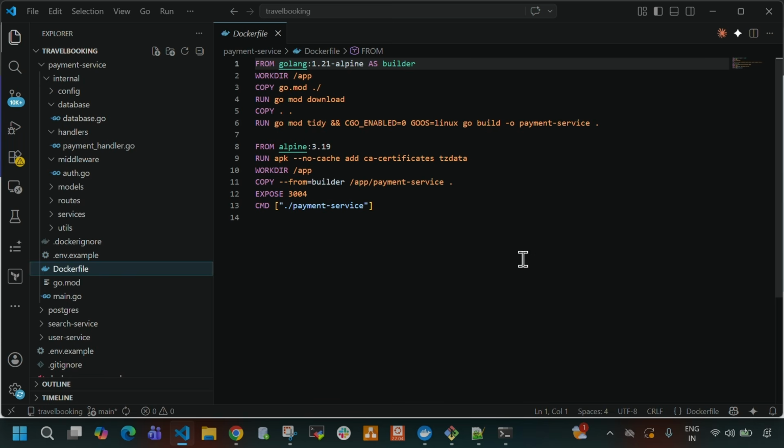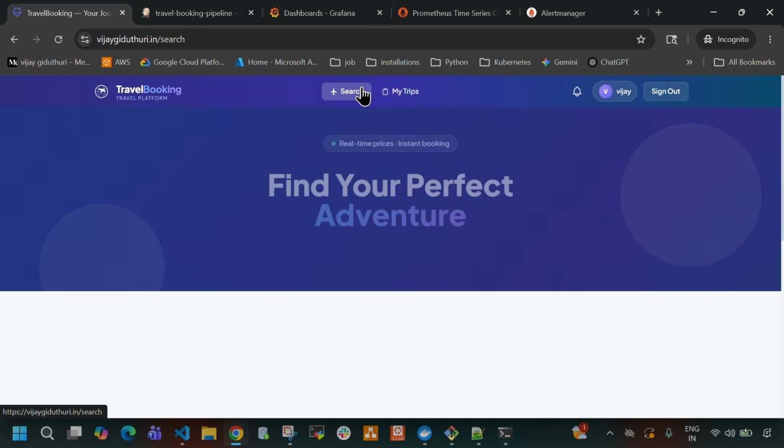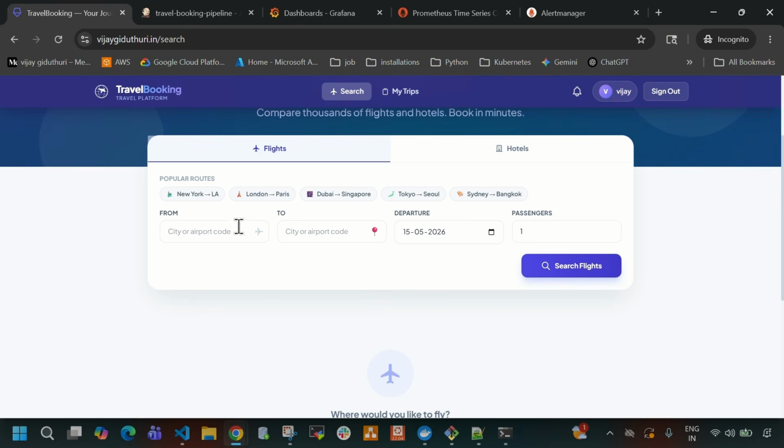Okay. So now once again, let's try to do some payments by booking some flights and hotels, and let's check the database also, guys, parallelly. Okay. So now let me open this portal once again, and let me select here search. Okay. So now this search is handled by the search service. So now let me select Los Angeles to